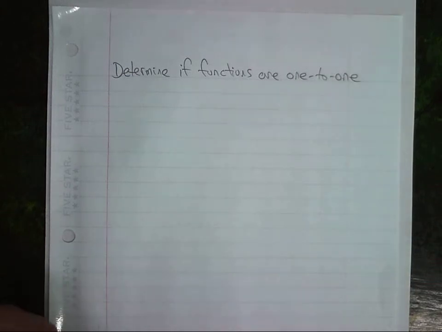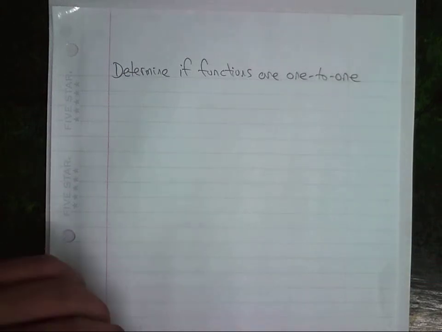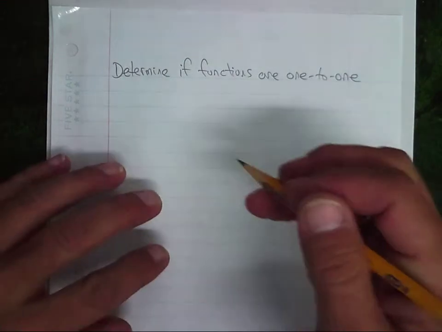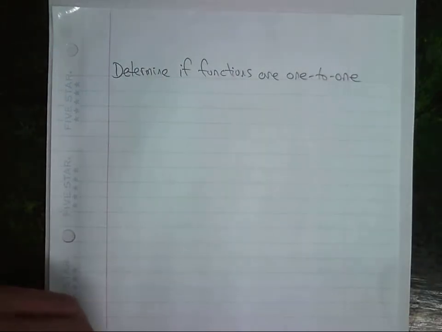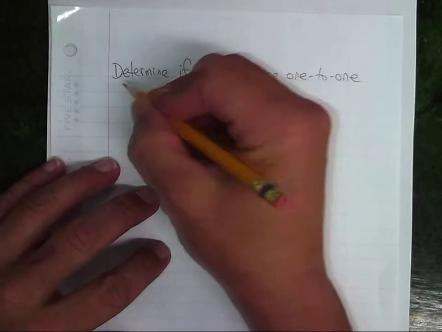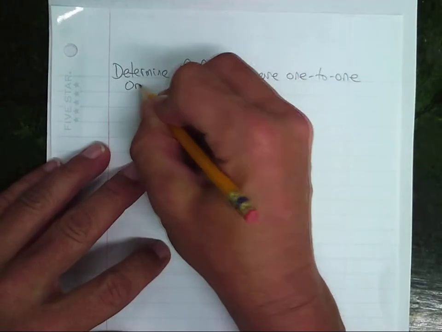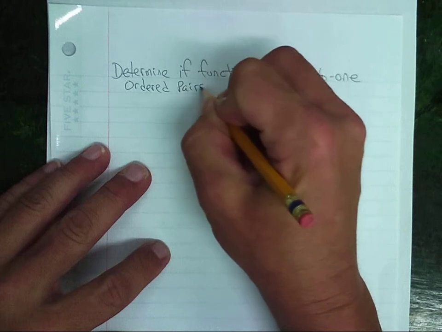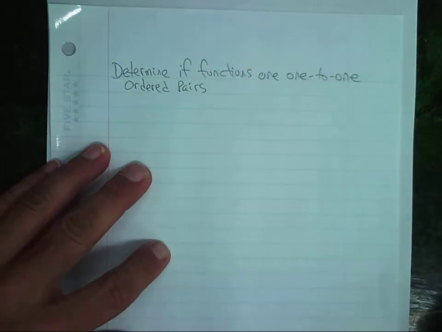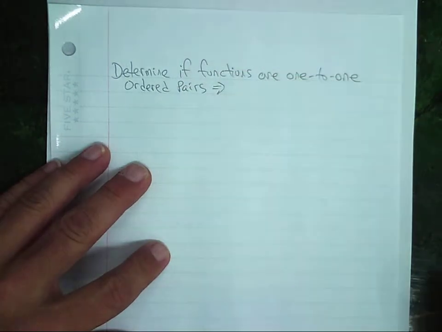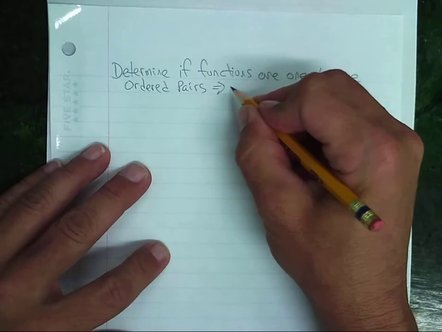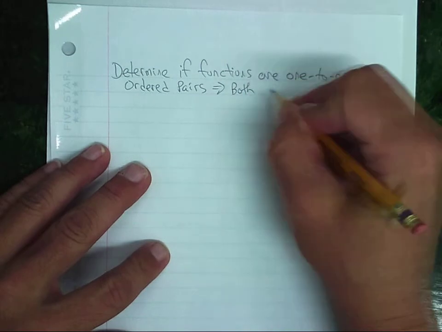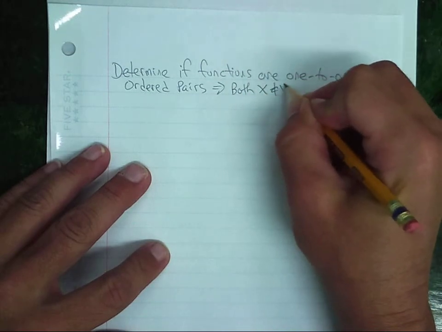How to determine if functions are one-to-one. There are a couple of different methods to determine if they are one-to-one. First, if you're given ordered pairs, with ordered pairs, both x and y